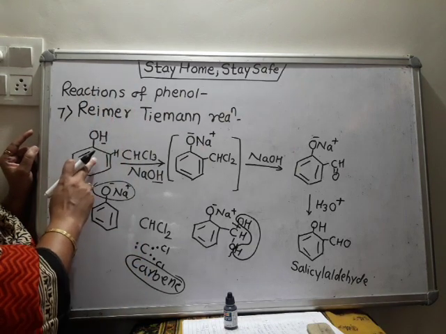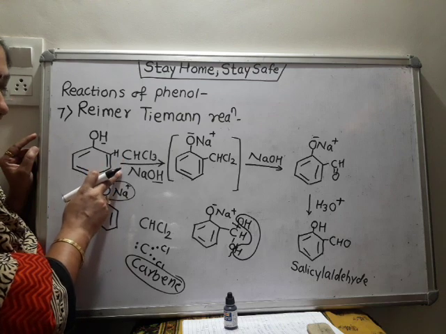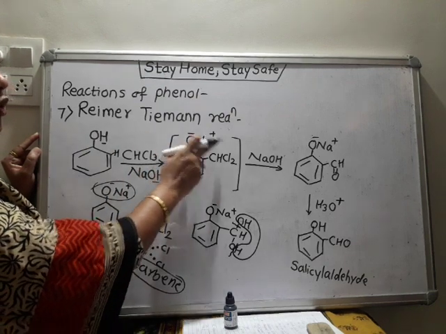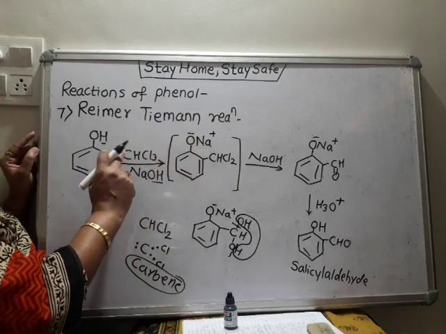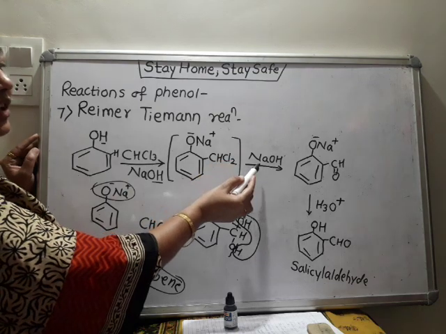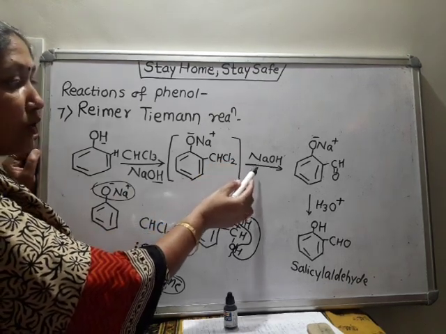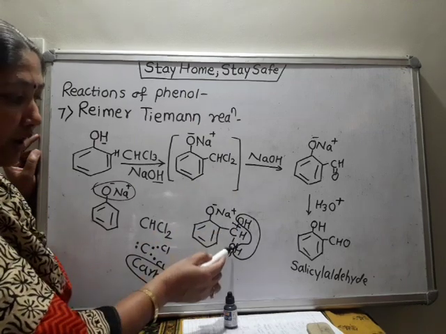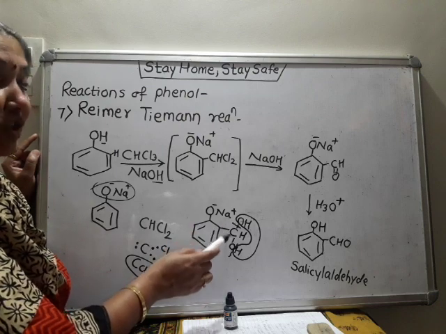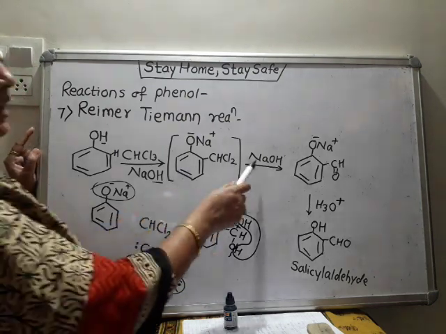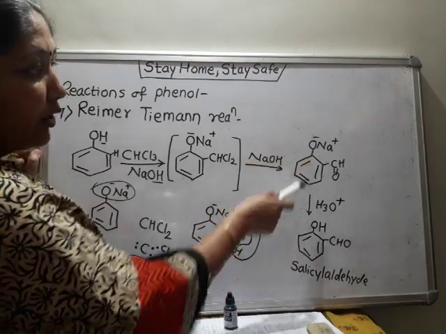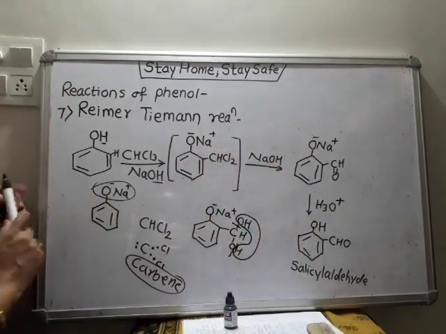So what's the change? Phenol reacts with chloroform in presence of NaOH. Due to NaOH, this OH group is protected and gets converted into O minus Na plus. This CHCl3 provides the CCl2 group, chlorocarbene, at the ortho position, which is further treated with NaOH. Due to NaOH, the chlorines are hydrolyzed, so both chlorines are replaced by two OH groups. So we get a diol, which is highly unstable, and water is eliminated from this, and we get the aldehyde. Further, it is hydrolyzed to get back the phenolic group, and we get salicyl aldehyde.